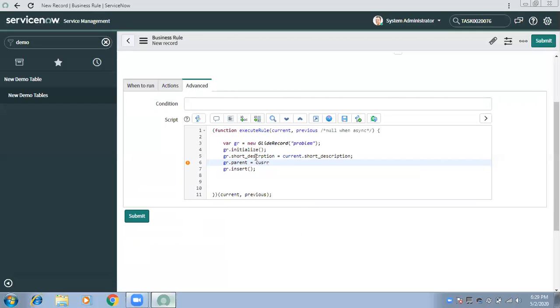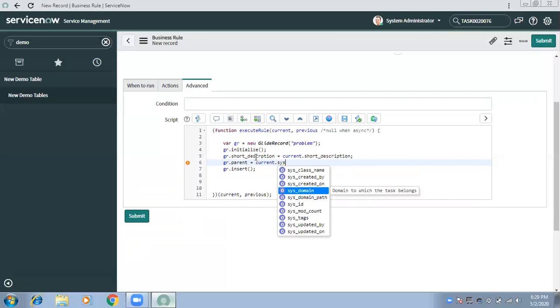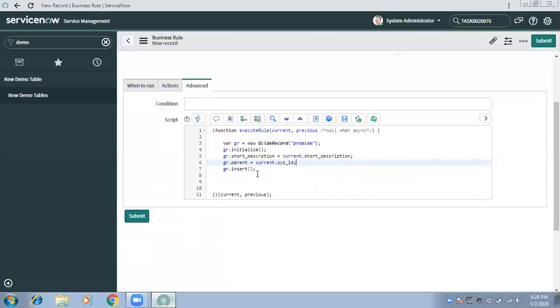If I do not write this line, then the record will get created in the problem table, but it will not show as a related record. It will not show below that record.